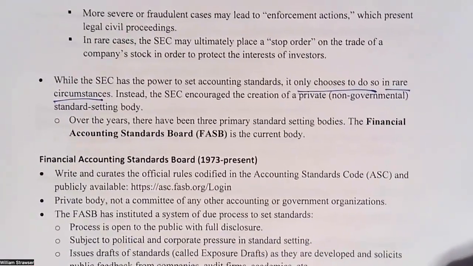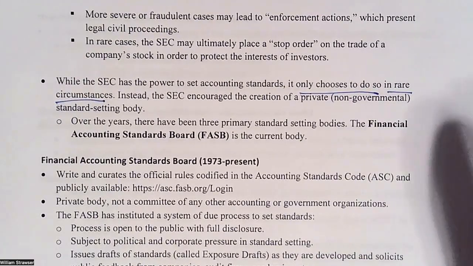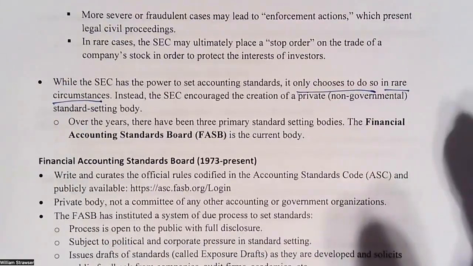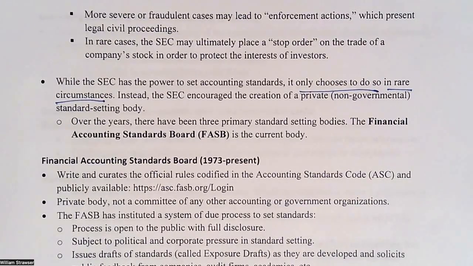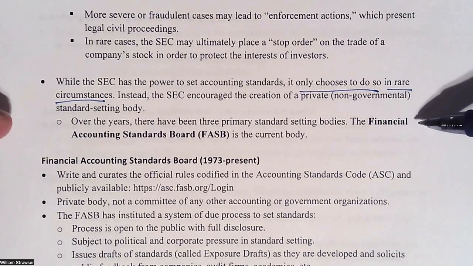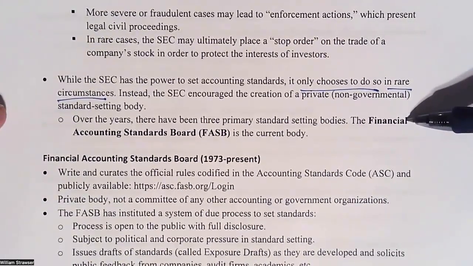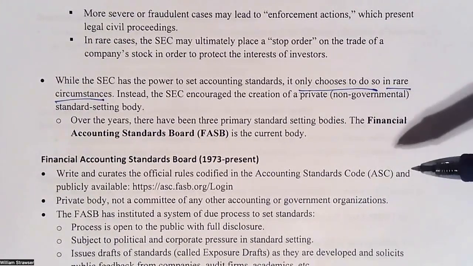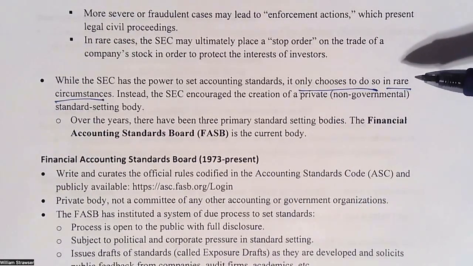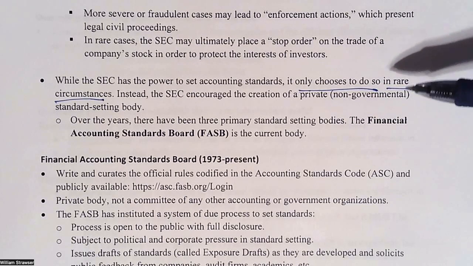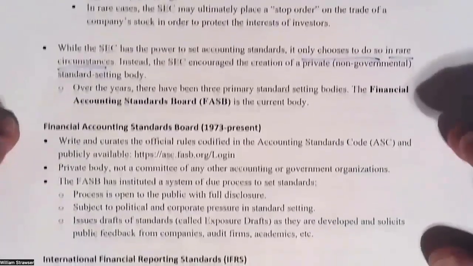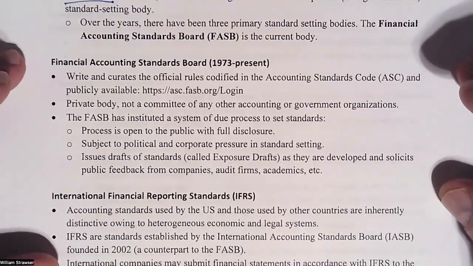So what the SEC did as one of its first charges is saying, yes, we will be the governmental body that makes sure people are reporting correctly, but we don't want to write the rules as well. We would rather have that be in the hands of a private body. There have been a few different types of private standard setters. The most successful and the one that exists today is the FASB, the Financial Accounting Standards Board. If the SEC are the regulators, the police basically, making sure people follow the rules, then the FASB is the legislative body. They're the ones creating the rules.